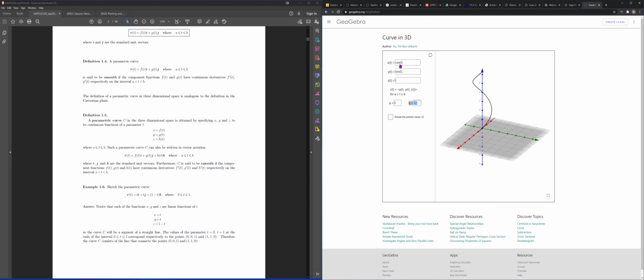Okay, right, so if I use x is equal to cos t, y is equal to sin t, and z is equal to t, right,